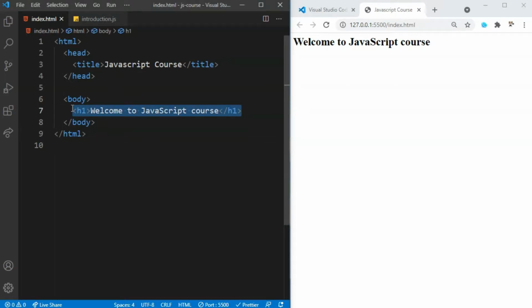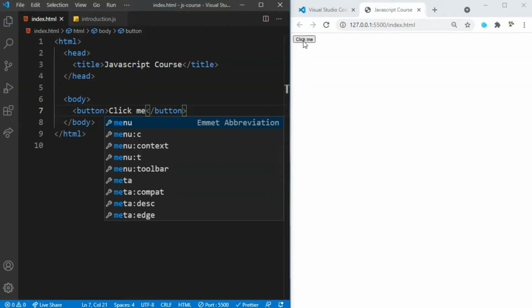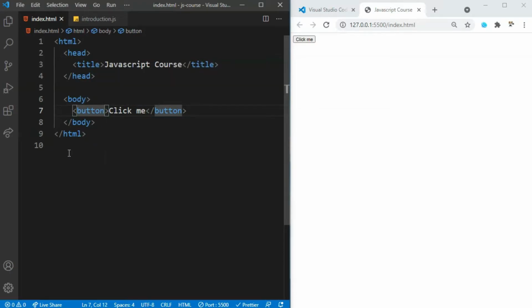I'm going to remove the h1 tag. Instead, I'm going to define a button which is going to say click me. Let me just refresh. As you can see, there we have our button. Inside of this over here, I can specify JavaScript. Let's say on click, that is when that button is clicked, I want the code to execute that I define